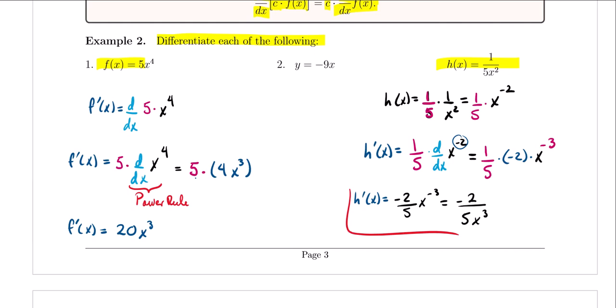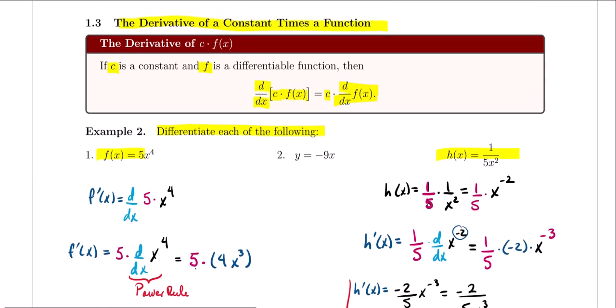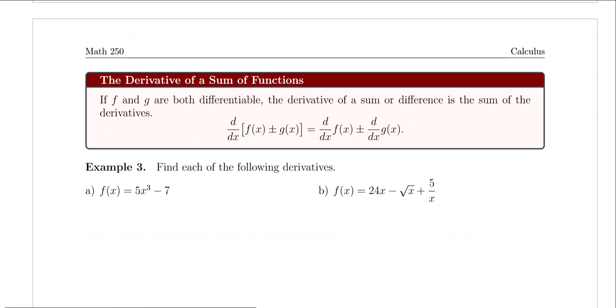Now, let's go ahead and take a look at another rule here that is very convenient. Now, you may be thinking here that, okay, well, the derivative for a constant was very similar to the limit of a constant times a function. Now, what if we're adding or subtracting functions and we wanted to find their derivatives? Well, lucky for us,